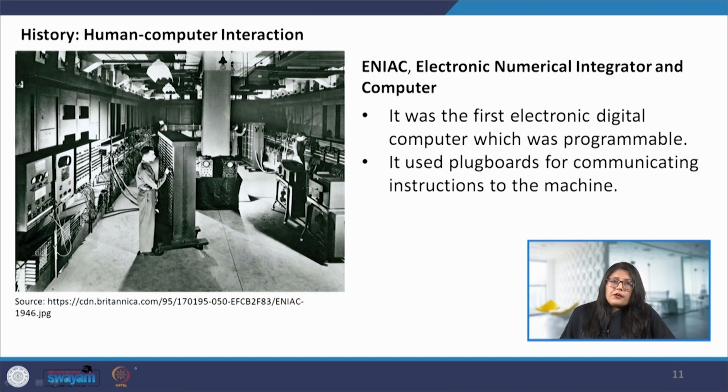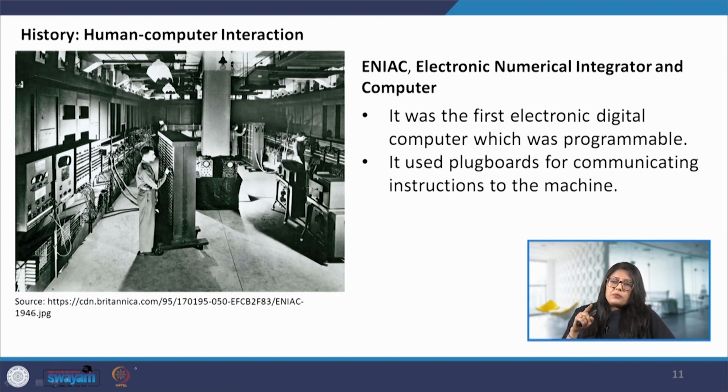It was not similar to the computers that we have today, where we program them in a certain way, but this particular one had to be programmed using plug boards. So it was a manual communication with the device, wherein if a new task had to be undertaken, it would take maybe several hours, or it could also take days, because it was a tedious task.